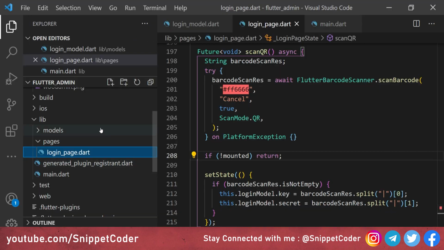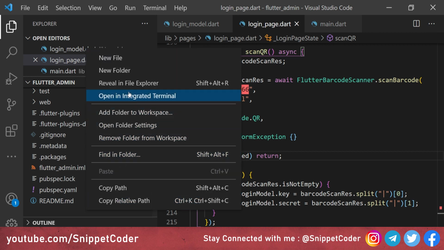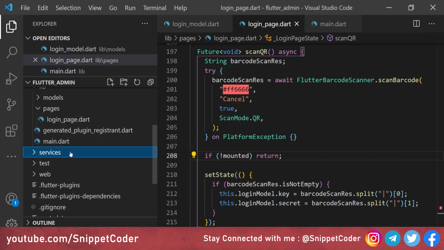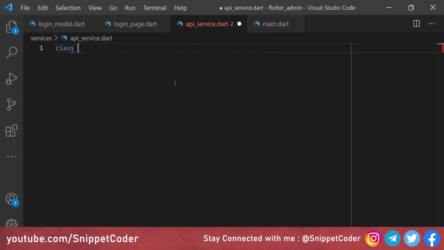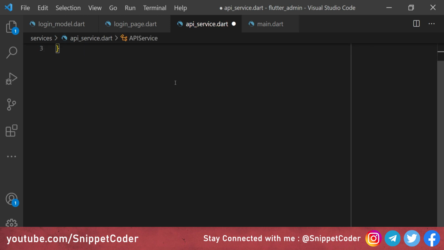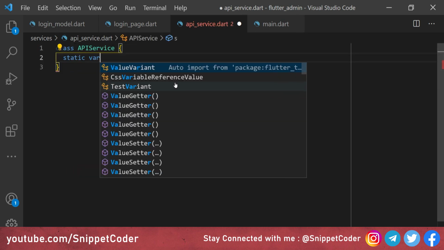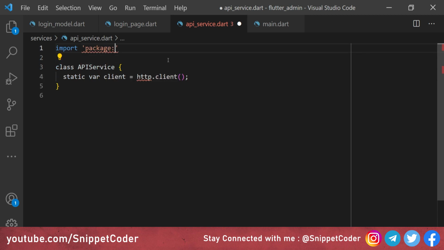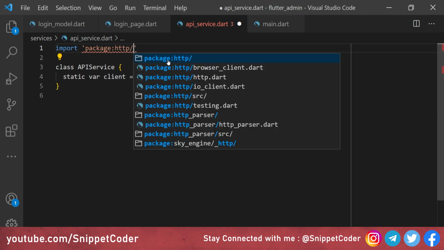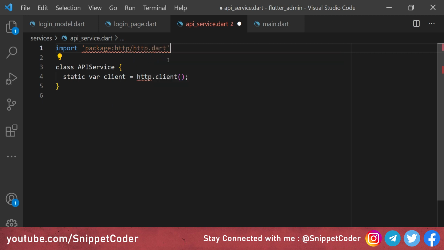Now we will create one folder here and we will name it services, and inside that we will create one file, that is api_service.dart, and here we will create class APIService, and here we will have static var client is equal to http.Client, and here we will import package http/http.dart as http.